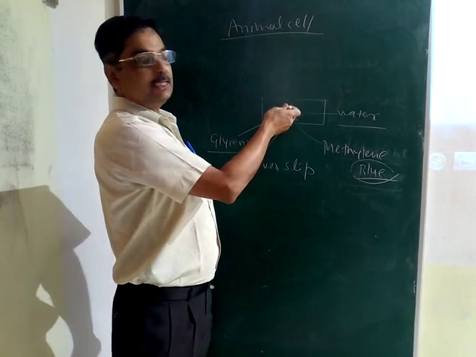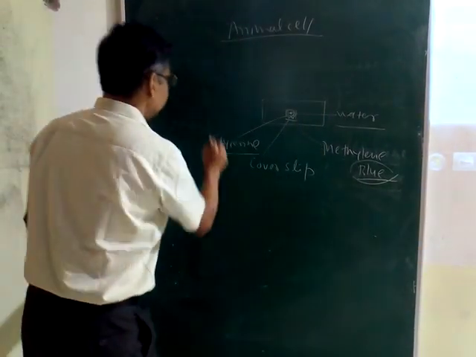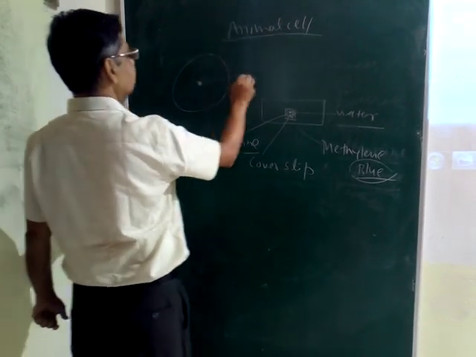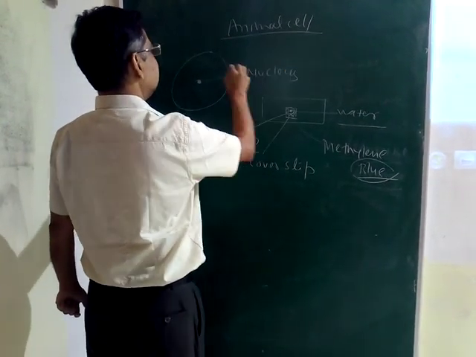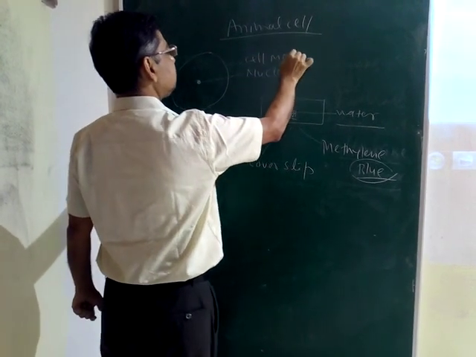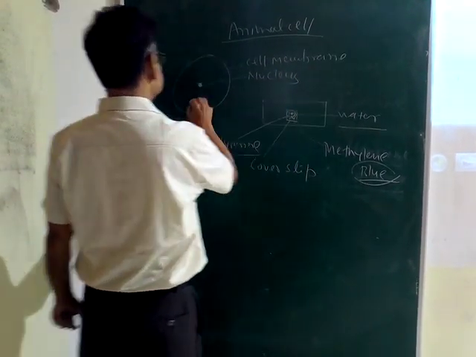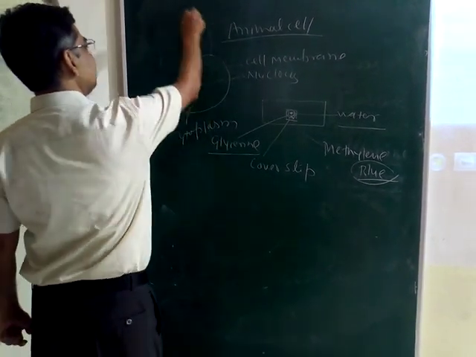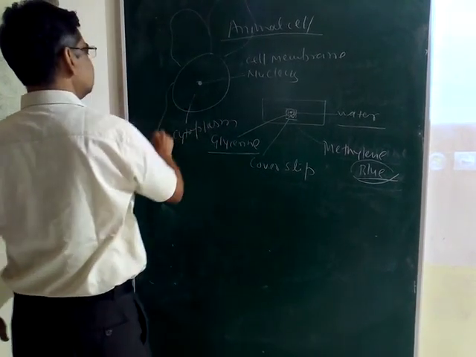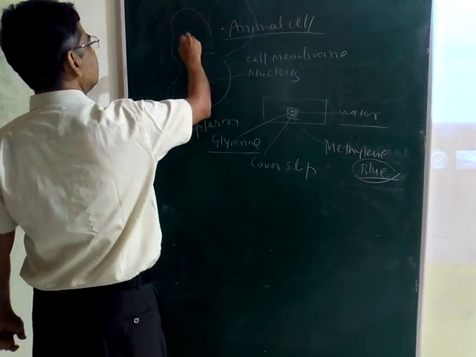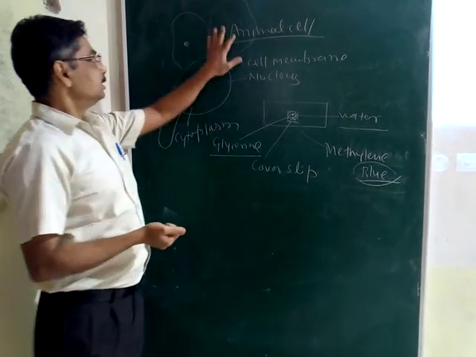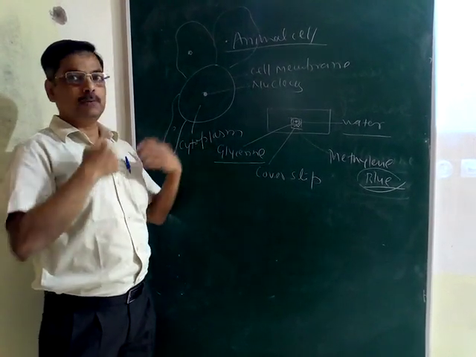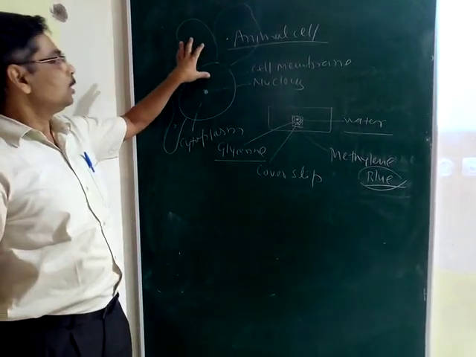And if you find the basic structure of the animal cells, then we will find here, this is the cheek cell. Inside the cheek cell, this is the nucleus. This is the cell membrane. This is the cytoplasm. Again, another cell may be attached here, in different shapes. So this is the structure of animal cell, meaning our body cells. The cells which are contained in our body, this is the structure of animal cell or human body cells.